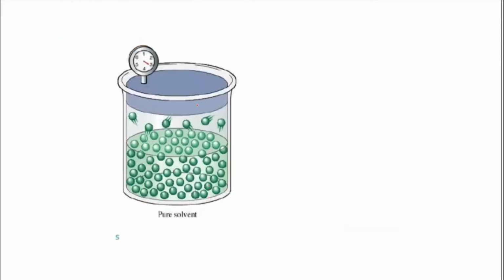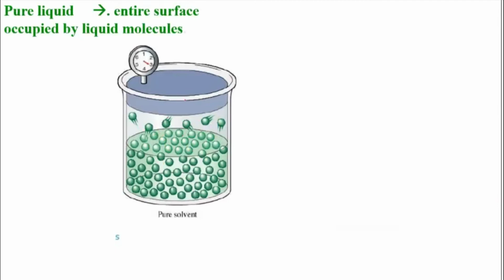So we have a pure solvent. Initially, we have only the liquid solvent, and the surface is occupied only by the solvent molecules. As time passes, these molecules will evaporate and come into the empty space, and then they attain an equilibrium. Once the equilibrium has been attained, a pressure is exerted by these gases present in the empty space, and that is what we call vapor pressure. This is the vapor pressure part because only one kind of liquid is present and only this liquid will be exerting a pressure.